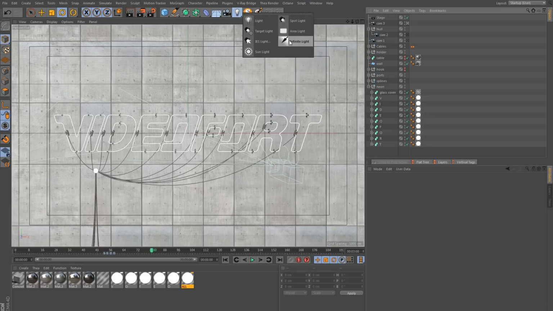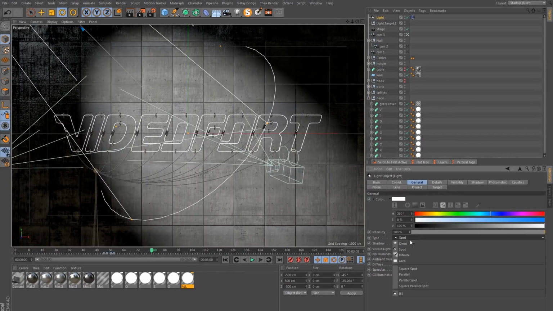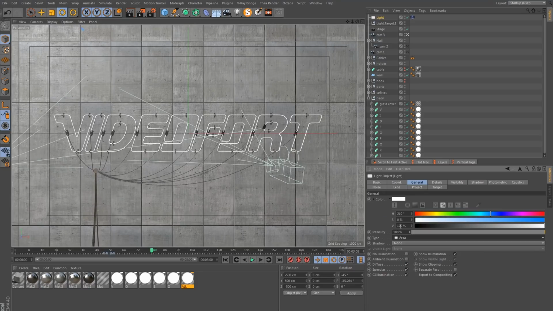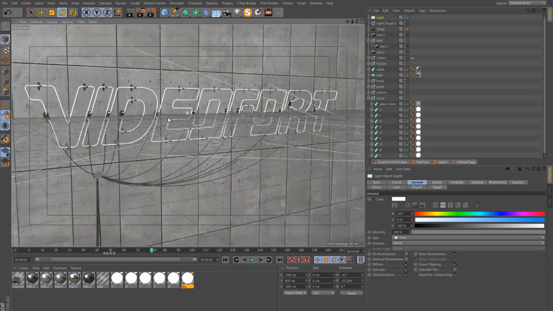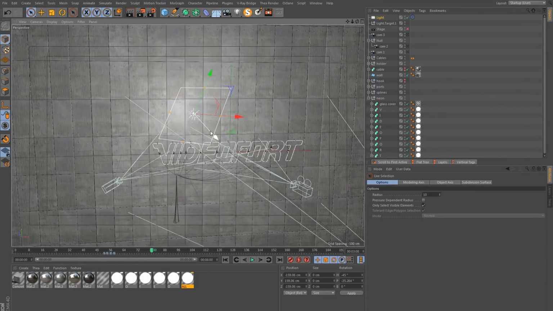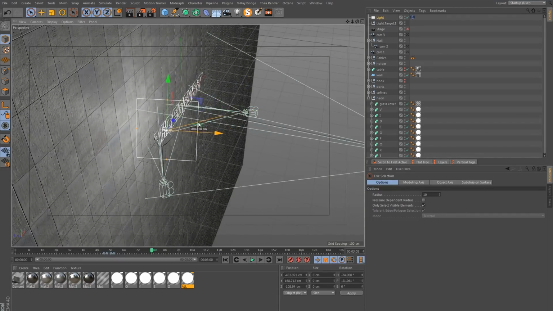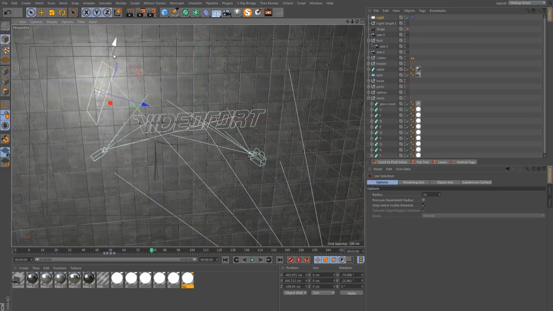So let's get some lights. Let's say a target light, and I just use this to insert lights at an angle. I will actually change it to be an area light. And you see I'm unable to jump out of this camera because I need to disable the stage object, and now I can jump out. Okay, and we'll move this closer to our text and also at more of an angle.